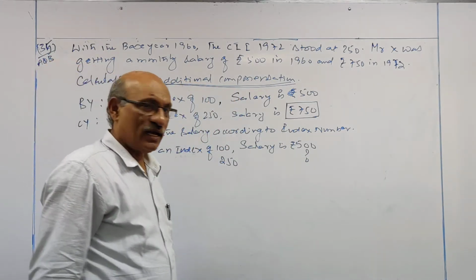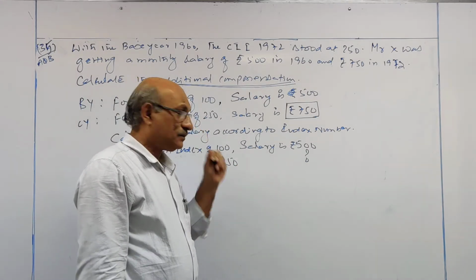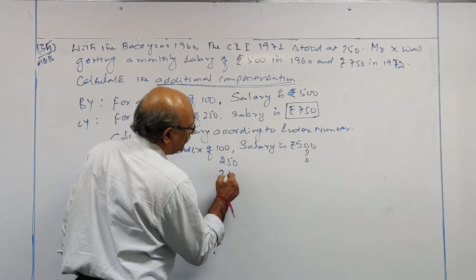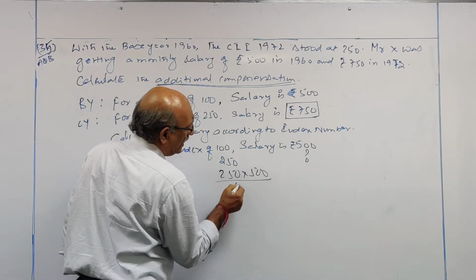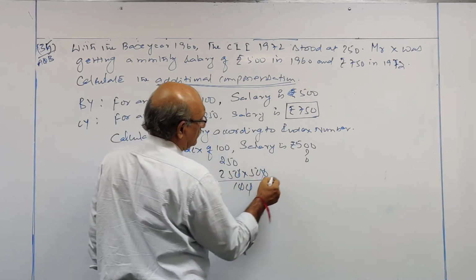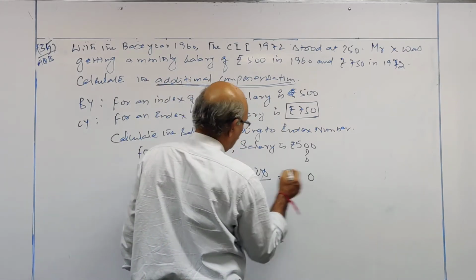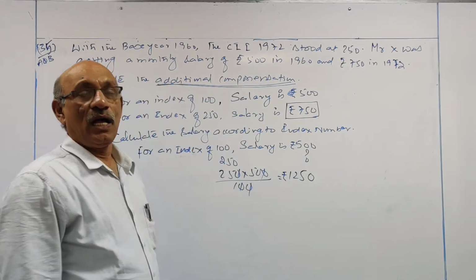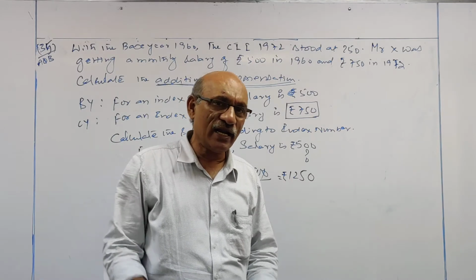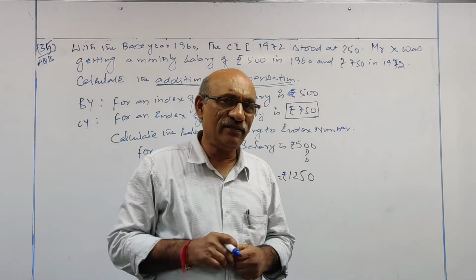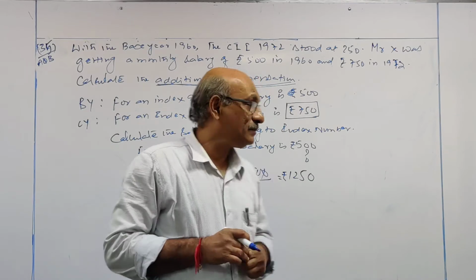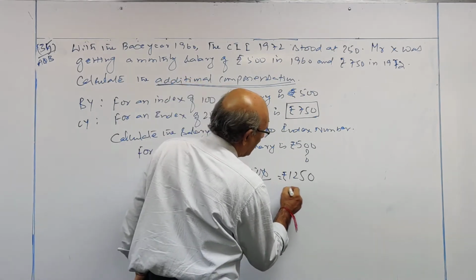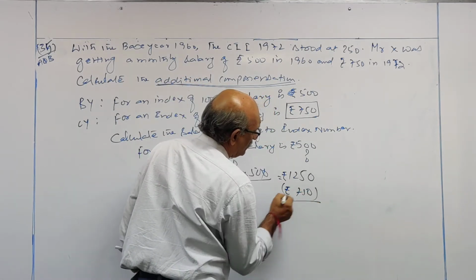For an index of 100, salary is 500. For an index of 250, salary is question mark. So this is 250 into 500 divided by 100. 1250, the worker has to get a salary of 1250 rupees if I calculate his salary according to index number. But how much is he getting? 750 he is getting. So subtract 750 from this